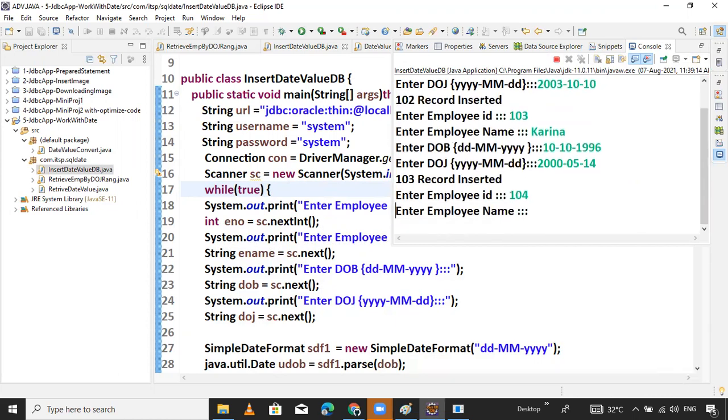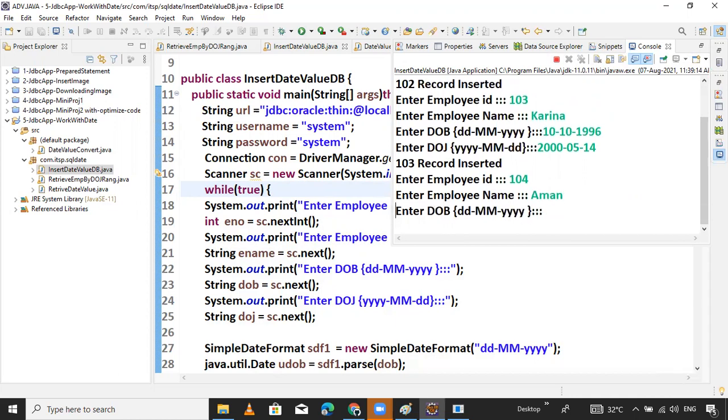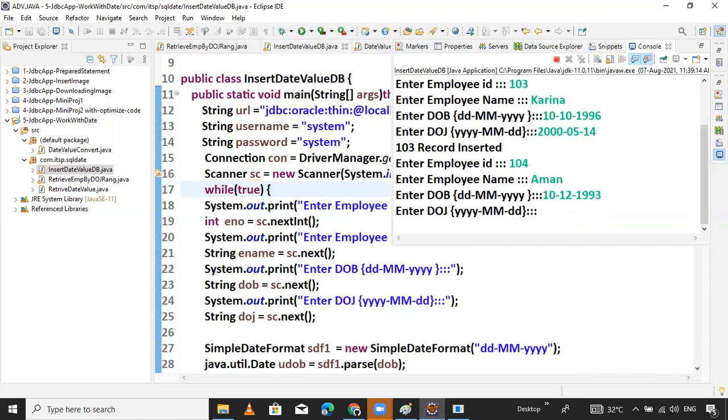Now 104, employee name Aman, date of birth 12 date, 12 month, 1993, and date of joining 1996, 12 and 04.